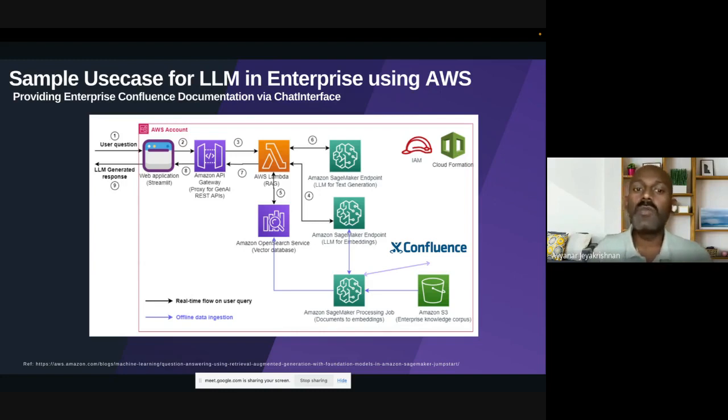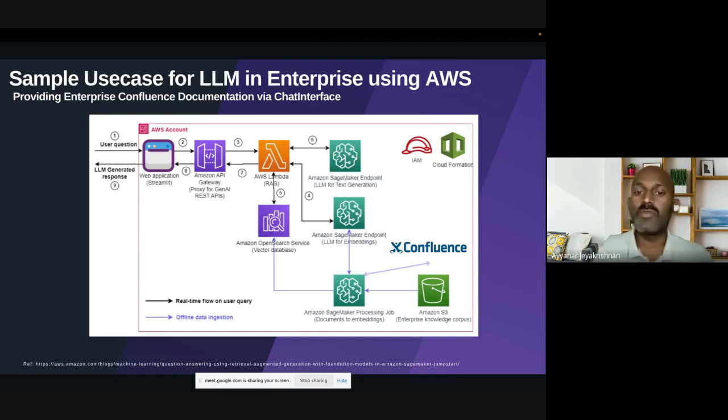The first flow I want to read through: you get all your corpus data and write the data. There is an embedding model. You read the data and write it to Elasticsearch. You create your SageMaker pipeline, which automatically reads that data and uses the SageMaker embedding, which converts the words to vectors and writes them to Elasticsearch, which is a vector database.